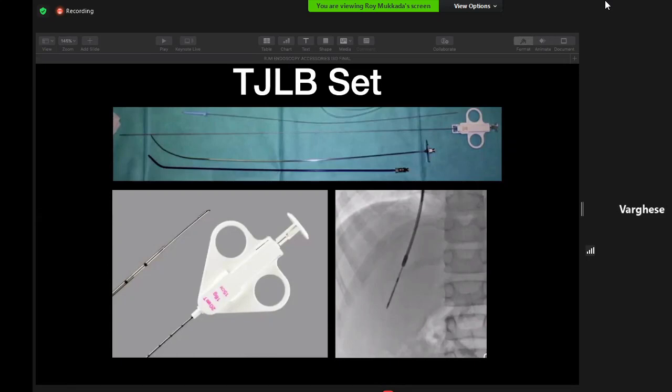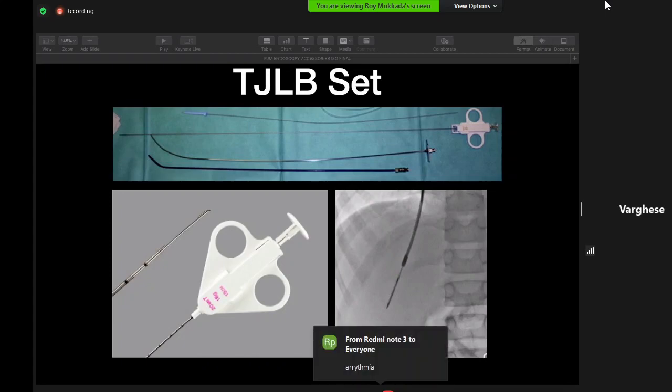What are the complications of transjugular biopsy? Sir, there can be some hemobilia. Any perforation apart from that? You can actually produce capsule perforation if you are in the periphery. Sometimes cardiac problems can occur. Arrhythmias. Yes, sir, arrhythmias can occur.